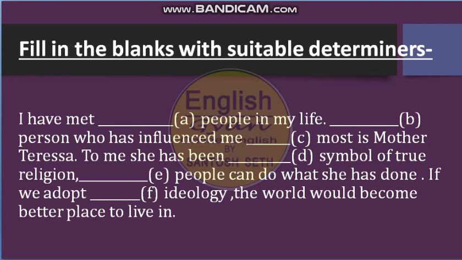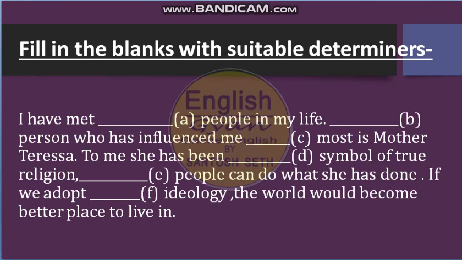Let me help you, or we can both guess. I have met can be some people, many people in my life. Then the person who has influenced me the most, so it can be a person, the person.